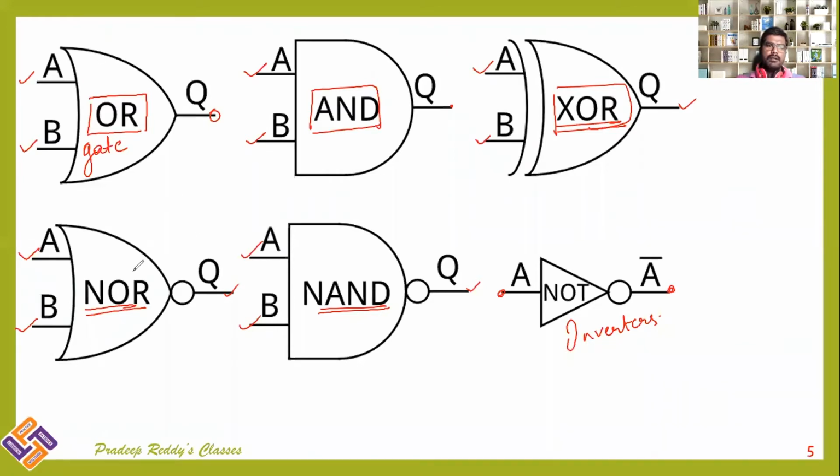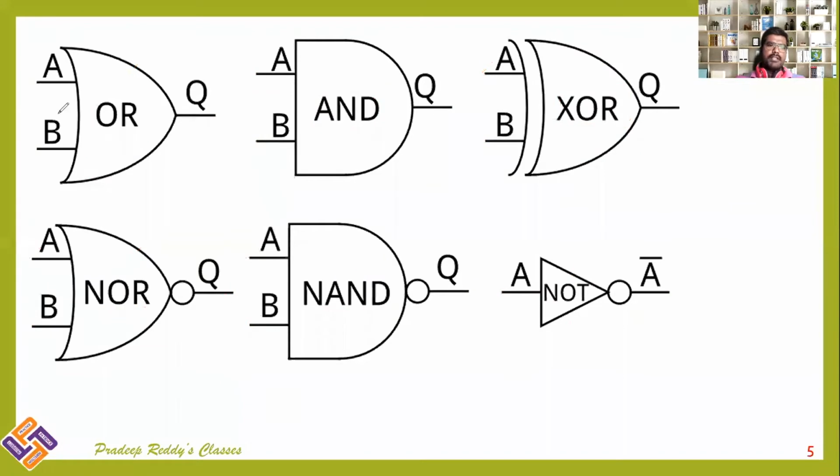They are OR, NOR, AND, NAND, XOR, and NOT gate, and XNOR is also another gate. About those we do not have in our syllabus, but in your syllabus there is only the OR gate, NOR gate, AND gate, NAND gate, NOT gate, and XOR gate. About these 6 different gates we will be discussing what they do and what functions they perform. Those will be clearly learned one by one. About each gate we will discuss in detail.